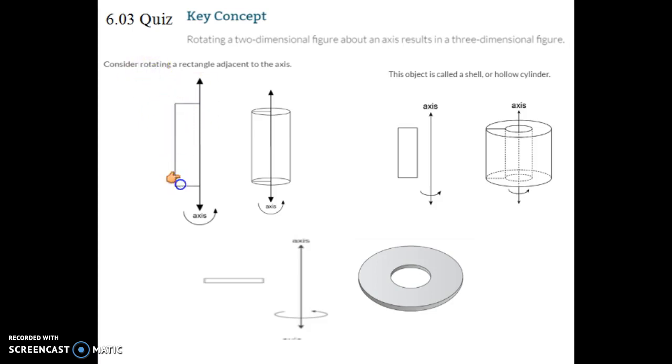Notice that this is a rectangle, and we are going to rotate it. Imagine this spinning around this axis. And what shape does it form? When it is spinning around, it's actually going to form a cylinder. Now, if it is touching the axis, notice this is touching the axis, it's going to be a solid